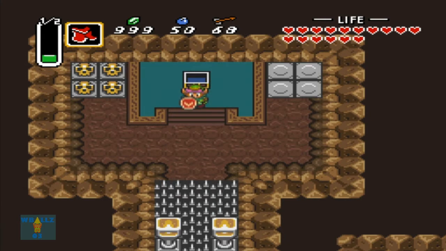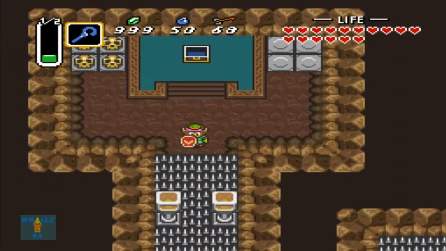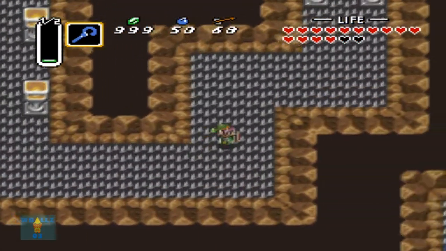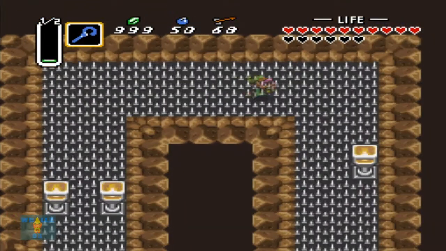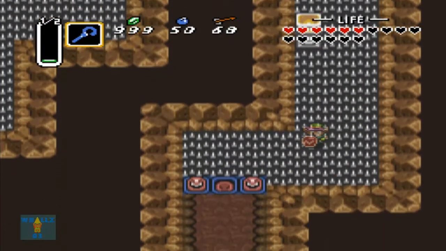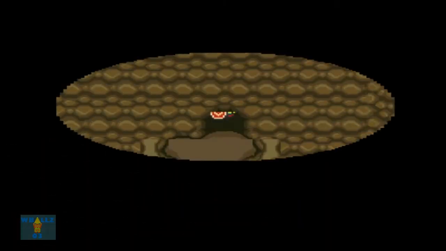Alright, this is the Cane of Byrna. I can show it off a little bit. Basically, it protects you from all damage. You see a circle of energy going around Link. Alright, I made it with like 5 hearts, but